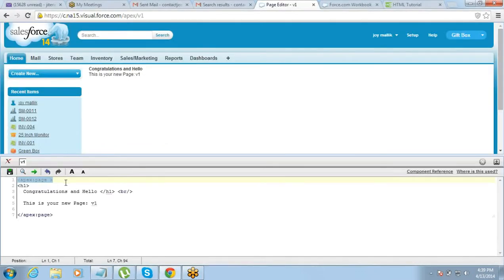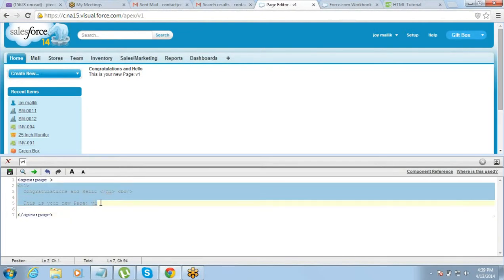By default, when you create a page, it comes with this. Within this, whatever you want to create, you want to put your text, you want to put your company's logo. Almost all HTML tags can be used here. You want to bring a hyperlink, an image, write some text, make it bold, italic, increase the font, decrease the font. Whatever you want to do with HTML is available here, right? Clear on it?